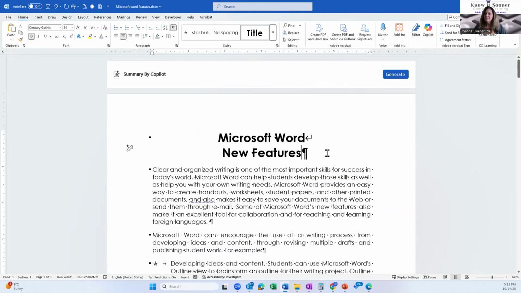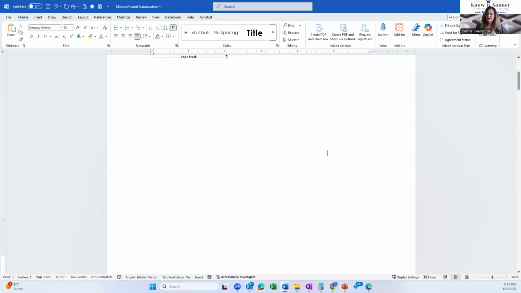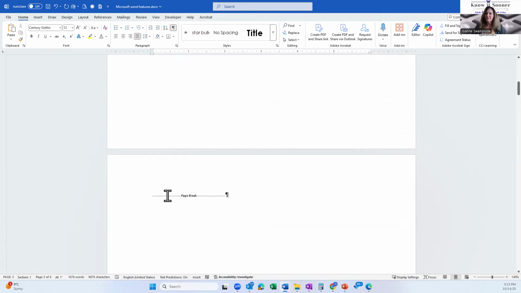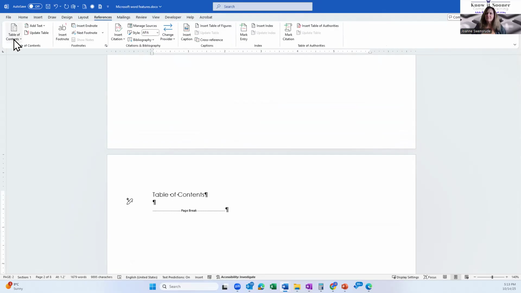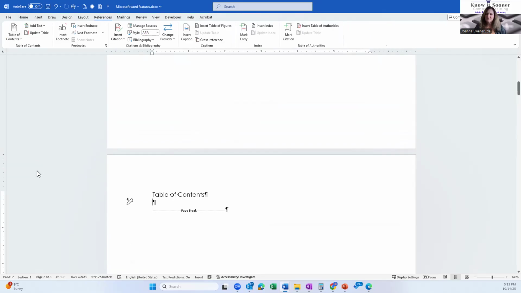All right, I'm going to go here and press enter a couple of times. I want my table of contents on a separate page probably, so I'm going to press control enter, and control enter again, because this is kind of like my cover page, the first page. Table of contents. I'm going to go to References, Table of Contents, Custom Table of Contents,